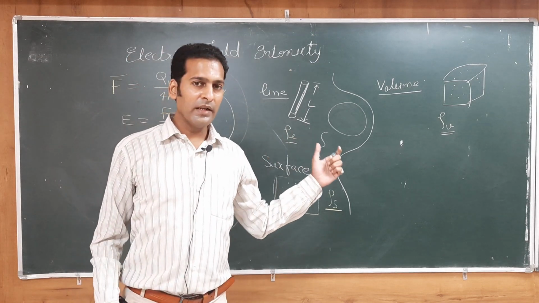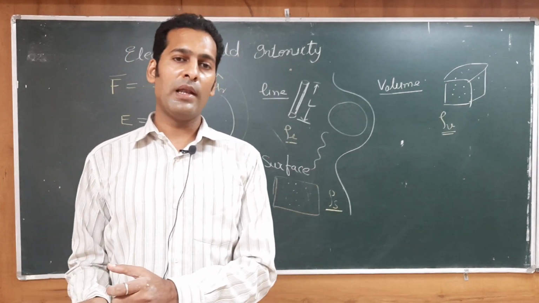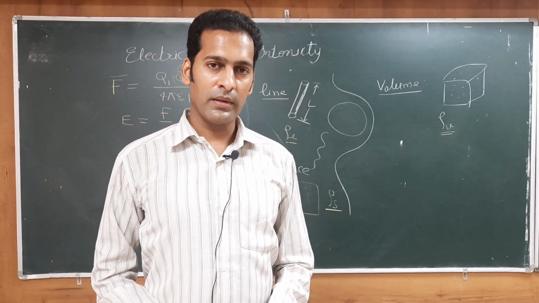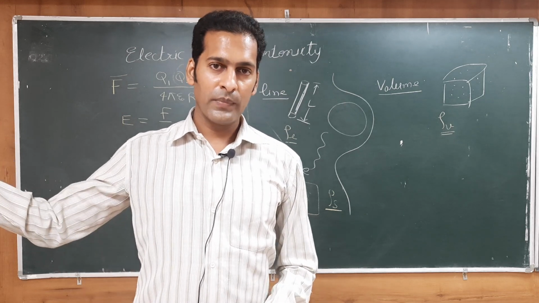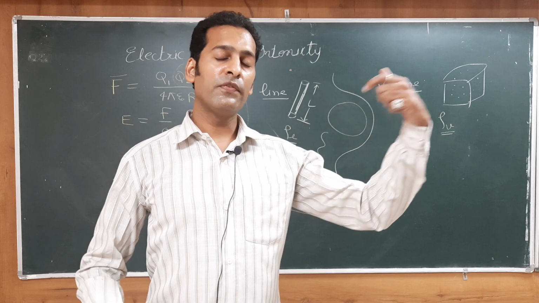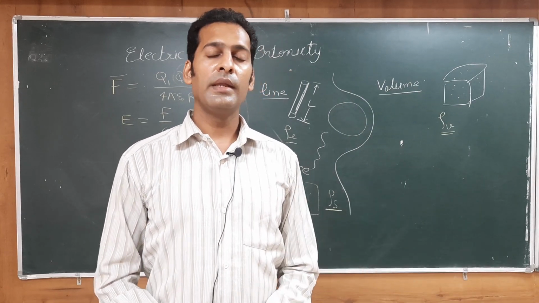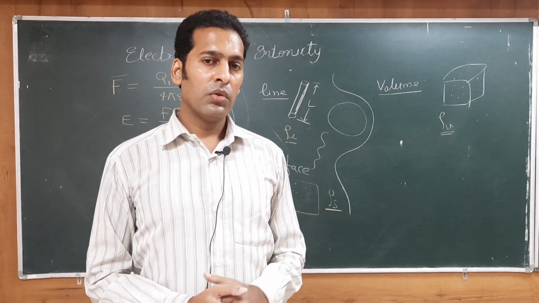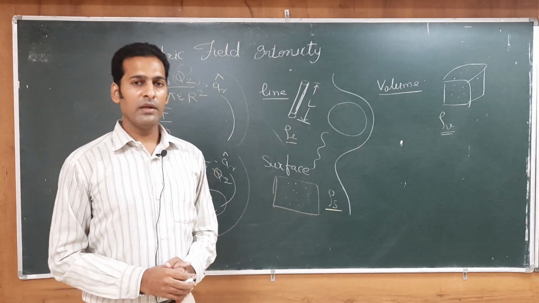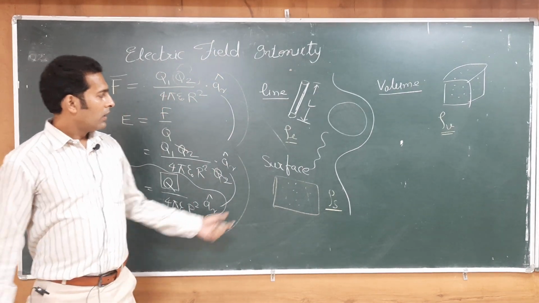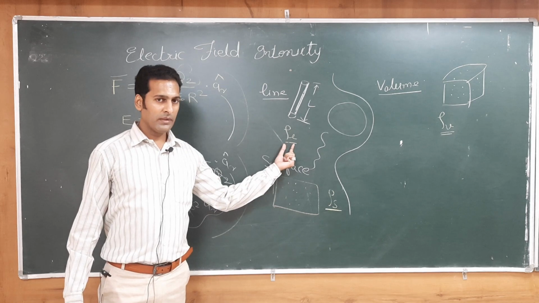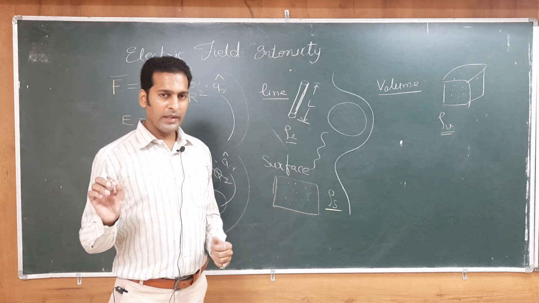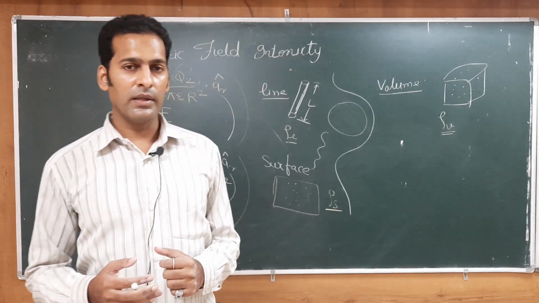Similarly, electric and magnetic field intensity will also have various values with respect to space. We see that mobile signal strength is different in an open area, it is different inside a classroom, it is different in, say, an underground office or any underground place. It changes with respect to the obstacles. So, there will be intensity and density varying with respect to space. Now, how do we calculate a line charge density, for example? It is the density of line charge. Always, all the densities, we will come across various densities throughout this subject.